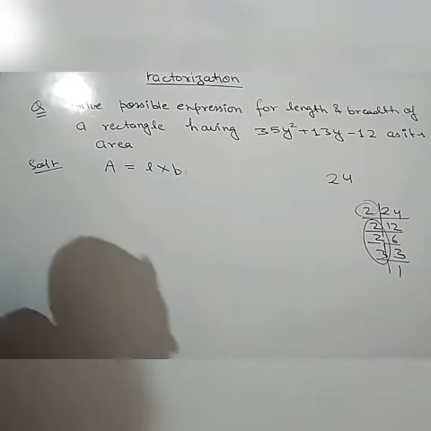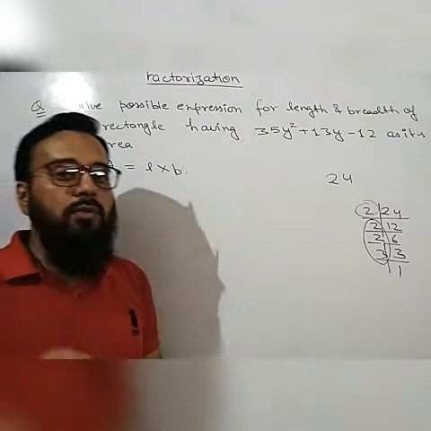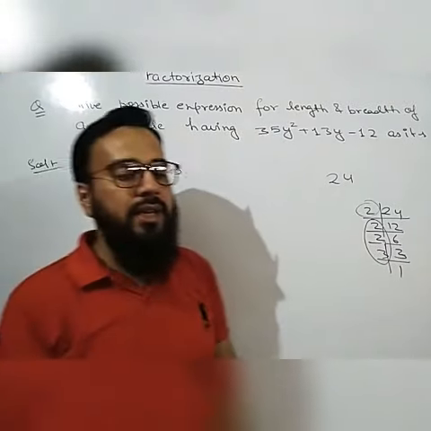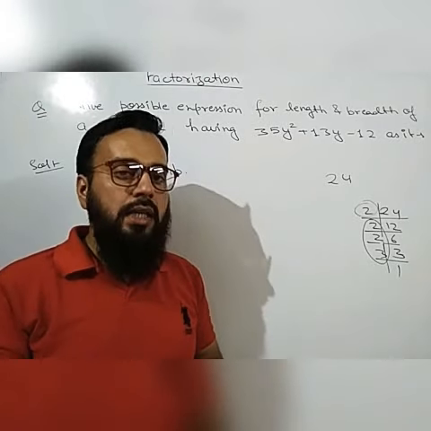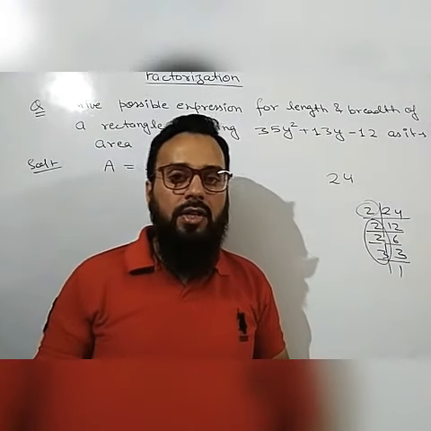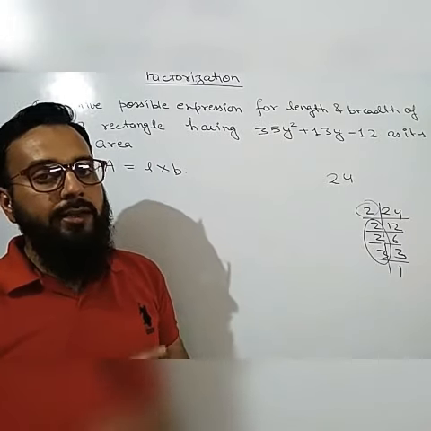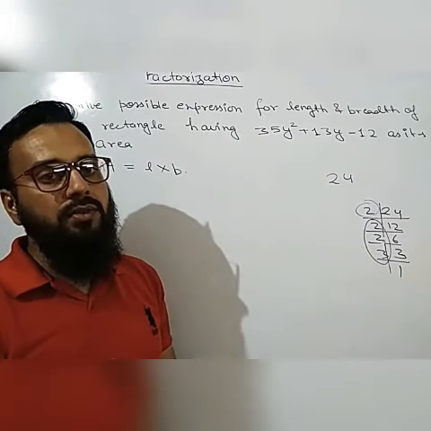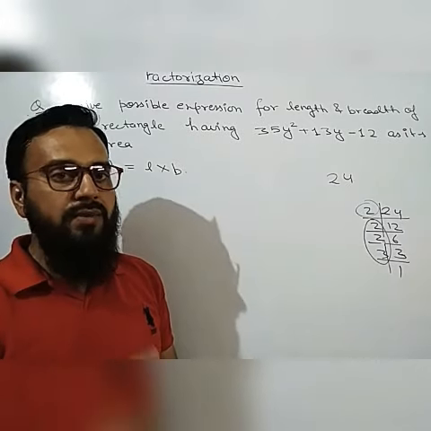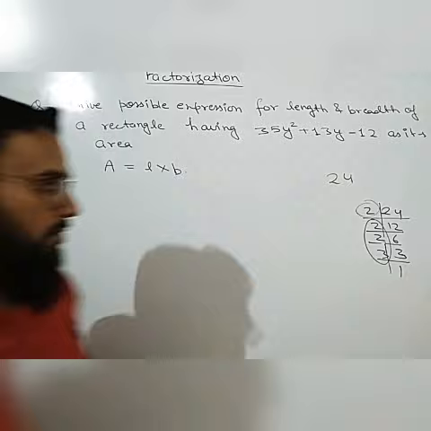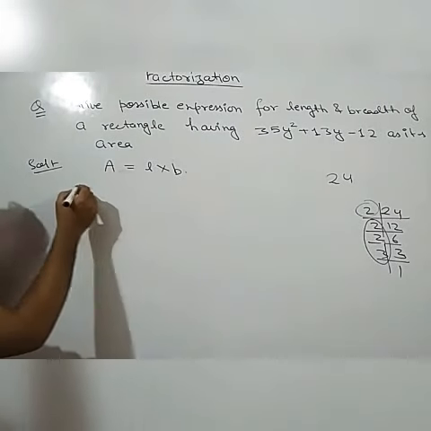So the basic concept is, if area is given and we have to find two dimensions, that is length and width, then we will find two factors. If volume is given, then also we will find the factors, but there will be three factors in case of volume, and those three factors may be length, width and height. Anyone can be length, anyone can be width and anyone can be height. So let us start. So area is given.